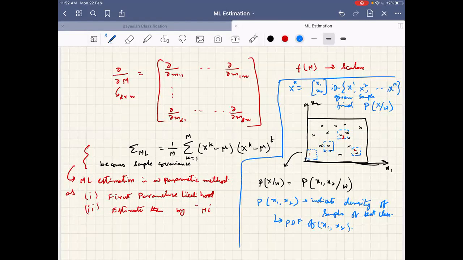So you people are there or not? Yes, sir. These are referred to as density estimation methods, and these are non-parametric methods. The likelihood is estimated by density estimation. This is referred to as non-parametric method. Can one of you tell the difference? Why do we call it non-parametric method?